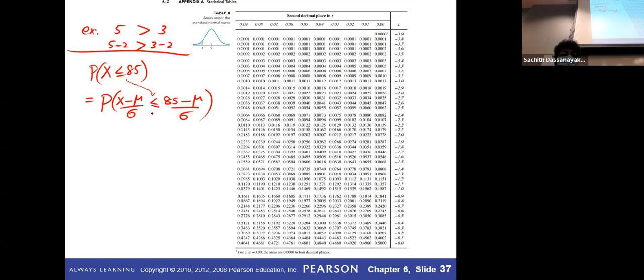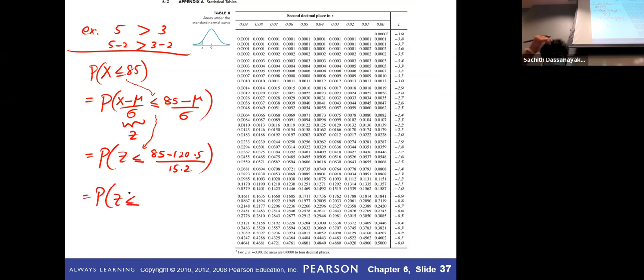Right, left hand side. Yes, left hand side. I just use that formula. What does this mean? This means notation C, right? So I can write it like this: C less than or equal to 85. Now I have values, so I don't need to use mu and sigma. I have values, 120.5 divided by 15.2, so same thing inside these brackets. So probability of capital C less than or equal, this value I don't remember.